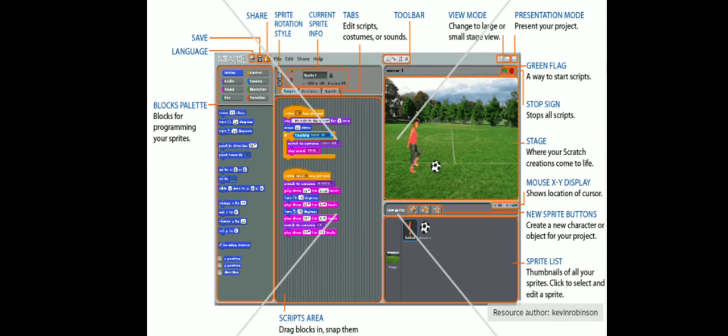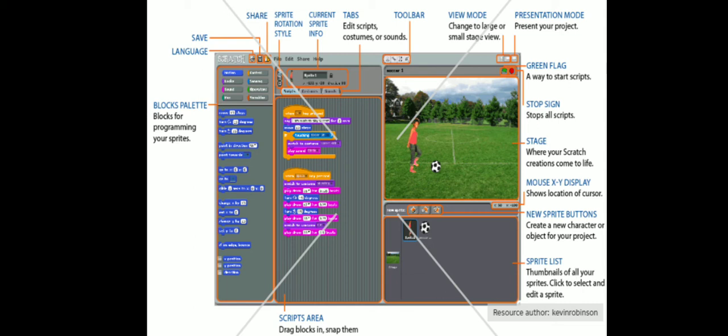Then at the bottom, next to that, you can see the location X and Y. There are two letters written here with a number in front of them. Now this X and Y are the coordinates of your stage. The vertical segment of the stage is known as the y-axis, and the horizontal segment is known as the x-axis. So wherever your mouse currently is, that location is shown here in front of x and y in the form of coordinates. Whatever number is shown in front of x and y, these are the locations of the mouse in terms of x and y coordinates.